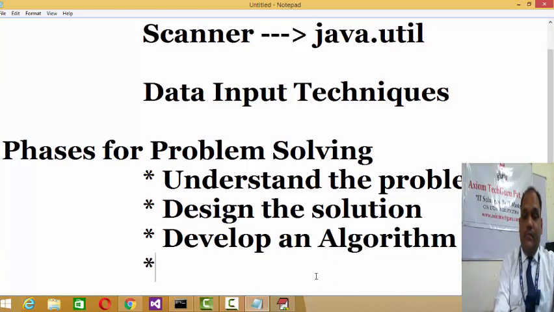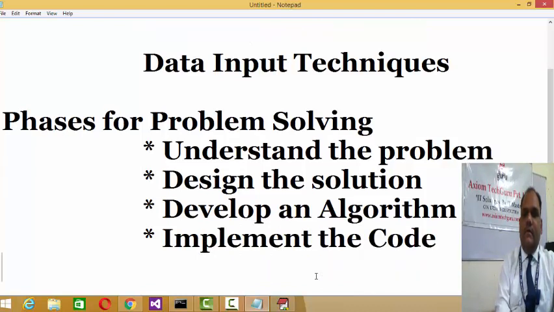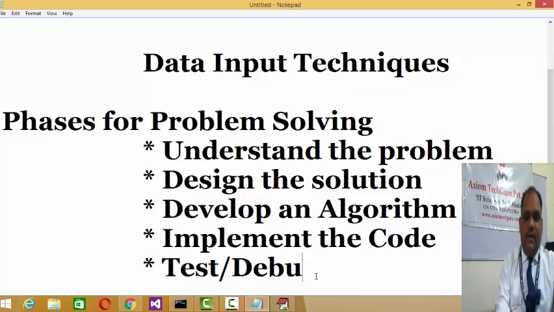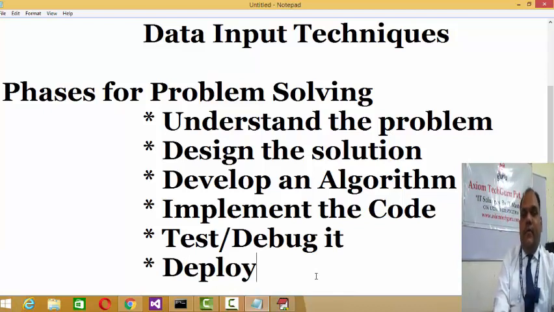The fourth step will be to implement the code. And then test, debug it, and the final one is deploy. These are the phases for problem solving, or you can say project development.